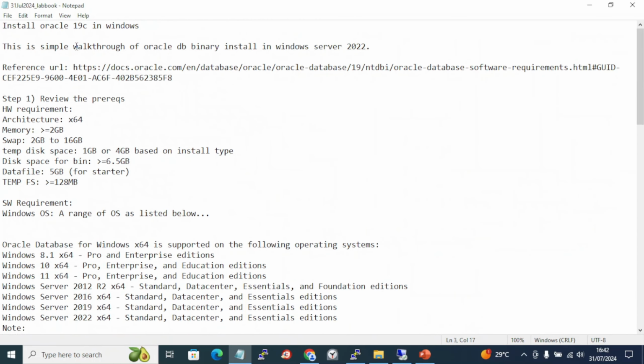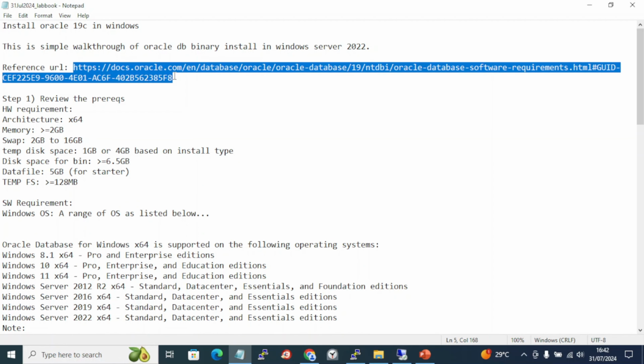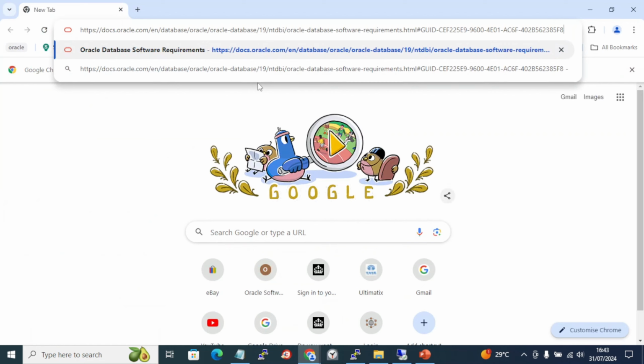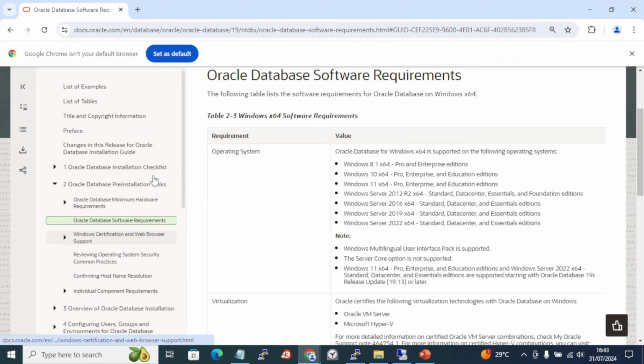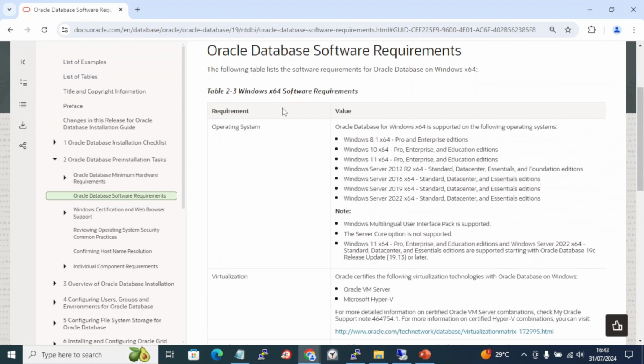First, this is a simple walkthrough of the Oracle DB binary installation on Windows Server 2022. And the reference URL for this documentation, or the steps, is this guide, so you can take a look. This is the Oracle README for Windows OS. So Oracle Database 19c for Windows, and you can see all this